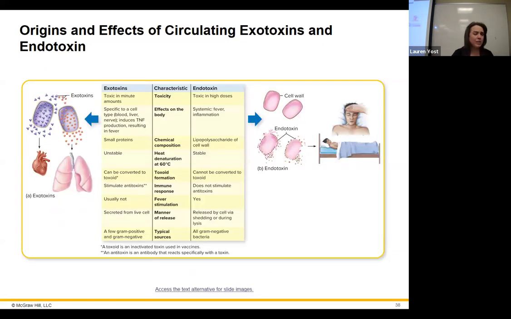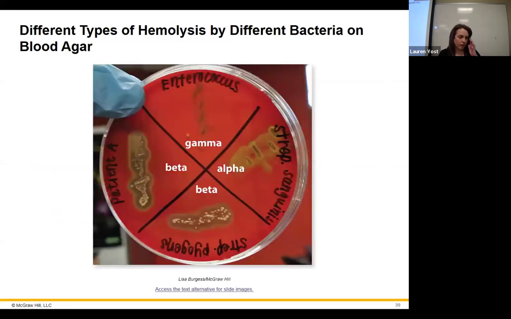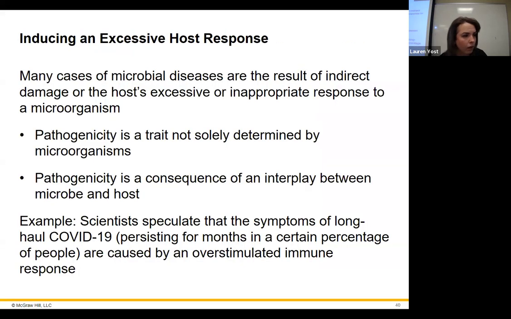And these are some comparisons between the exotoxins and endotoxin. You're welcome to look through it, but I'm not going to need you to know that specific of a comparison. We have hemolysis. We mentioned this before. This is enzymes that are breaking down red blood cells. This is just coming back to that, making the whole thing full circle, right? If you can break down red blood cells or not with your exoenzyme. All right, an excessive host response. I keep saying how that's going to cause damage to the host. It's not just caused by damage done by the microorganisms, like with their toxins breaking down your tissues and whatever else.